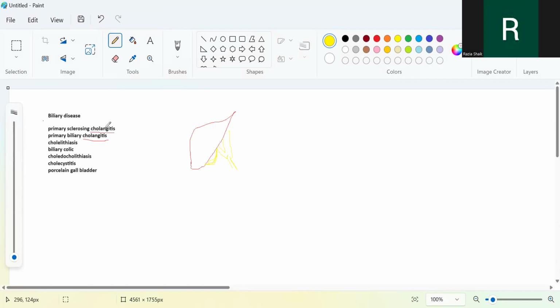In case of primary sclerosing cholangitis, the bile ducts are undergoing something like a calcification. There will be a beaded appearance. You diagnose with ERCP, or you can diagnose with ultrasound. So most of the time it is a cholestatic pattern. There will be an increase in the bilirubin levels, and that too the direct bilirubin, and there is an increase in the